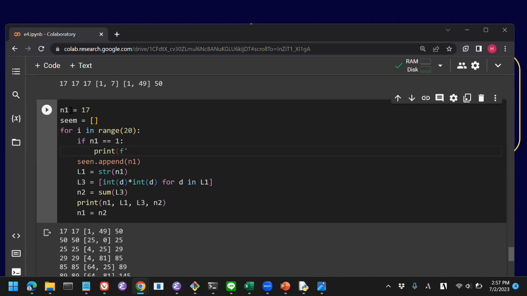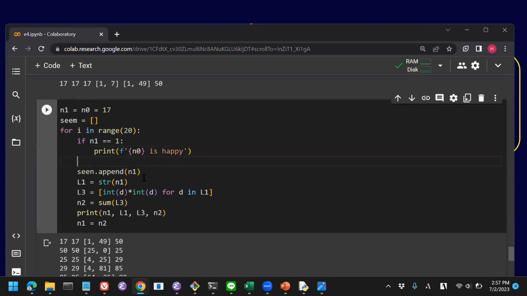We should remember that initial number is n0, okay? Initial number is n0, okay? So n0 is happy. Good news. Else,